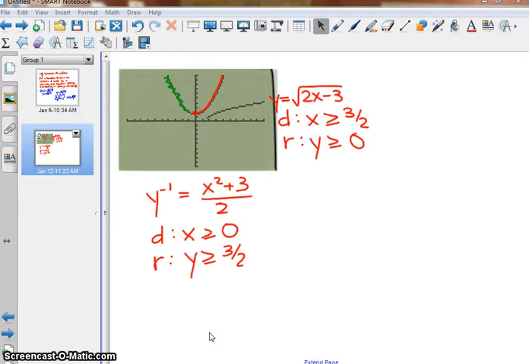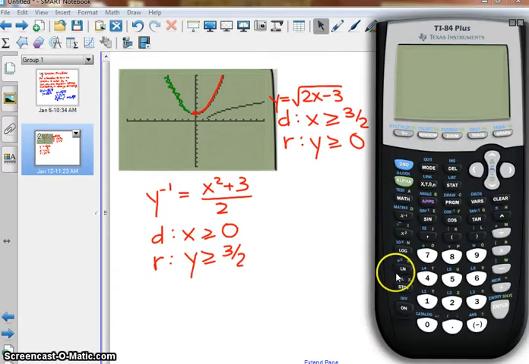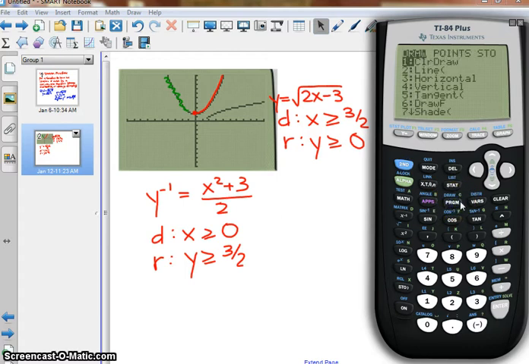So that's just the basics for finding an inverse, which you have done in the past. Another thing I'd like to point out on your calculator is if you're looking at this graph of the original, let's go ahead and delete the second one that we typed in. If you go second, draw, and ask it to draw the inverse, which is choice number 8,